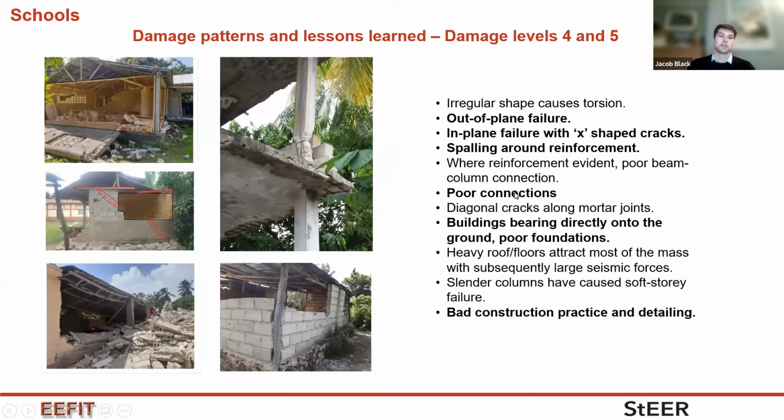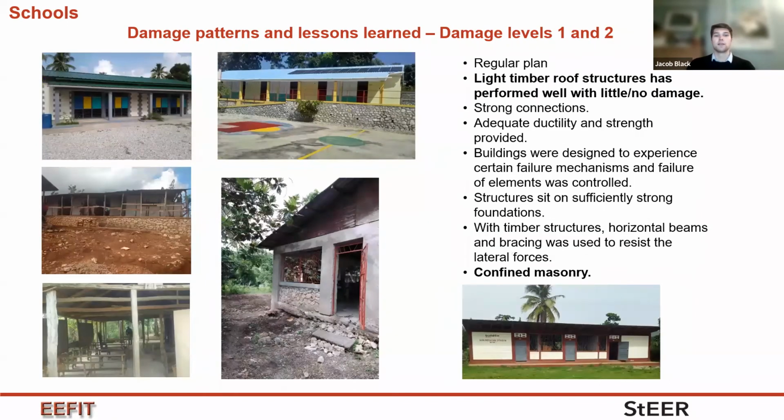Deficient construction practice was evident, particularly where openings had not been thought through. So on occasion, bricks have been left out of the walls to provide ventilation. However, the subsequent seismic force from the roof above had no clear load path to the shear wall below. Next slide. On the other hand, the majority of schools did perform well in the earthquake, and these tended to